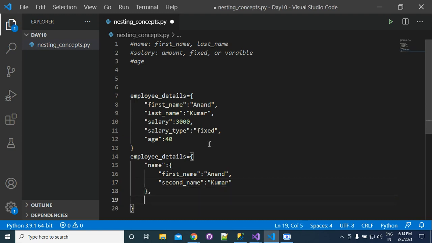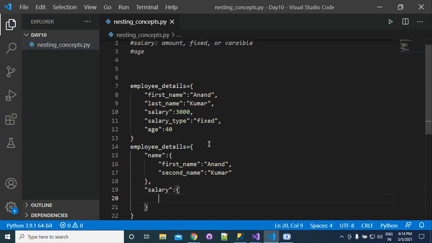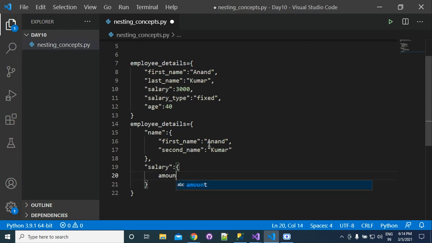And then you can write salary, and in this salary again you are writing amount 3000, suppose, and then here you can write salary type, so you can write here fixed. Next you can add here age.